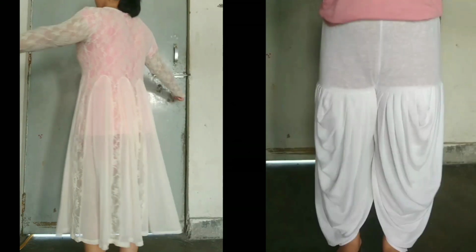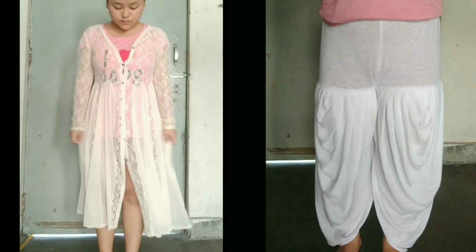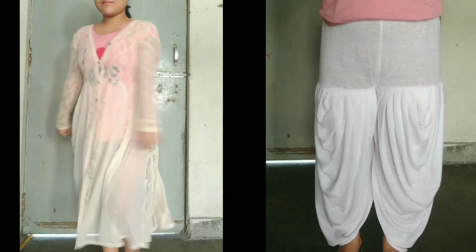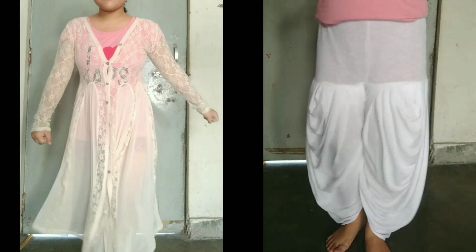So the first outfit you're looking at right now is a dress or cardigan, I don't know, but it is quite beautiful material and I want to make the best out of it. And also it will be an injustice if I don't use this fabric. And the pant, I don't know, I don't wear it anymore. So